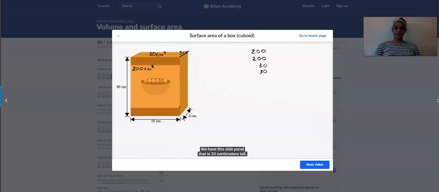We have this side panel that is 20 centimeters tall. We see that the height of the box is 20 centimeters, and 3 centimeters deep. So 3 times 20, let me write that a little bit neater. 3 times 20, that's 20 centimeters right there. 3 centimeters times 20 centimeters is going to give us 60 square centimeters. Now that's this side panel, but there's another side panel that has the exact same area